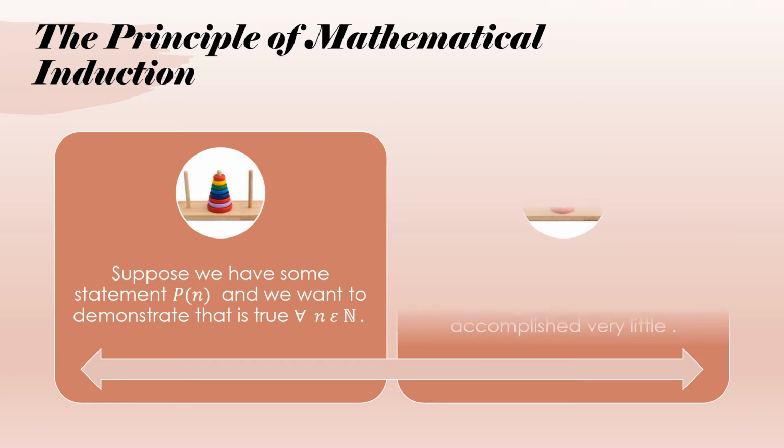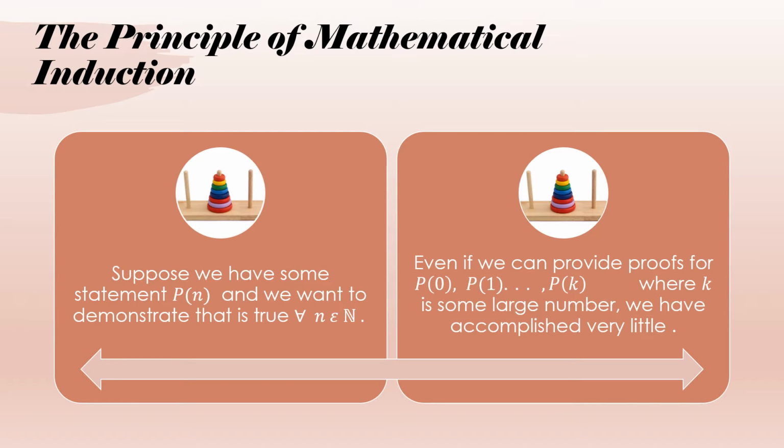has two phases. If we have the statement as P of n, whatever statement we want to prove, we want to demonstrate that it is true for every n that is a natural number. If we start proving that for the case 0, 1, 2, etc. k, it is not possible for us to complete if k is a large number, in which case we will be using a different step of our approach